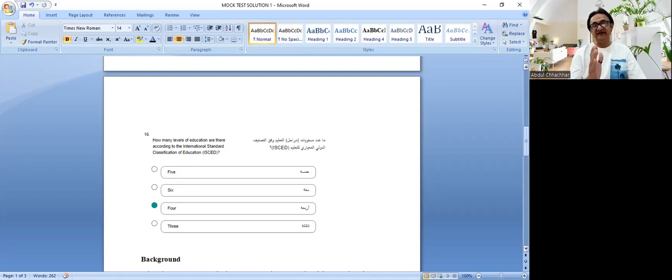This is the document again related with UNESCO, and the information has been given in the same book, Global Citizenship, which asks how many levels of education there are. Now, suppose most of you are in American curriculums, some maybe British, some Indian, some Pakistani, some Australian, some Philippines. Okay. These are different education systems, and they have different stakeholders, and each school has a different